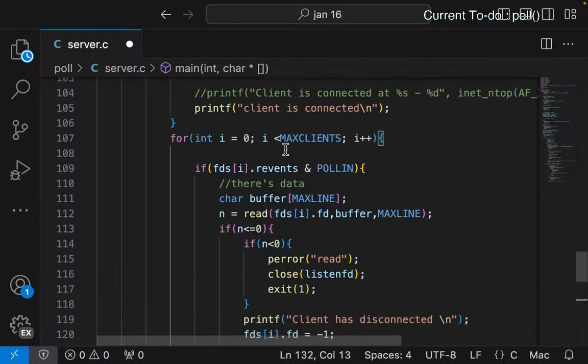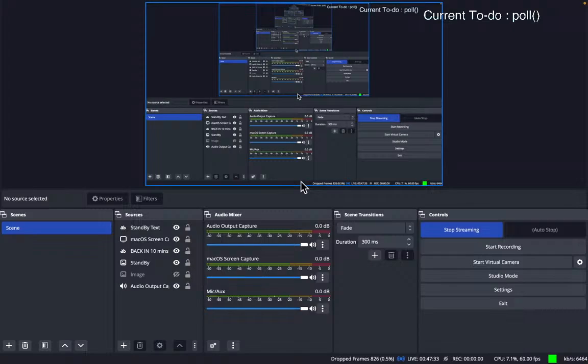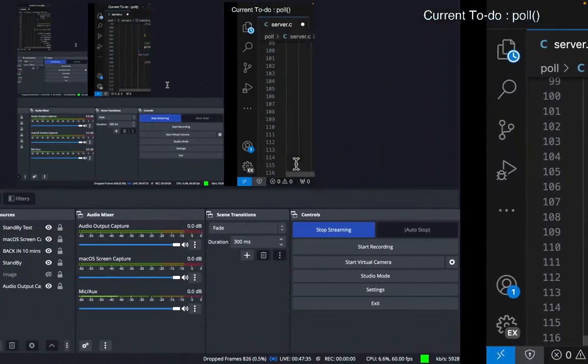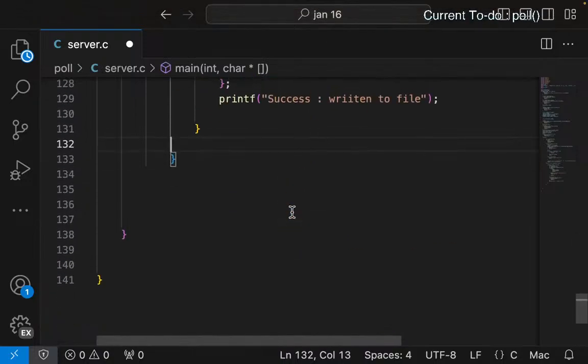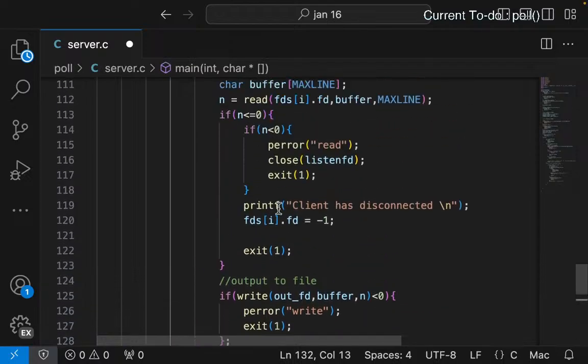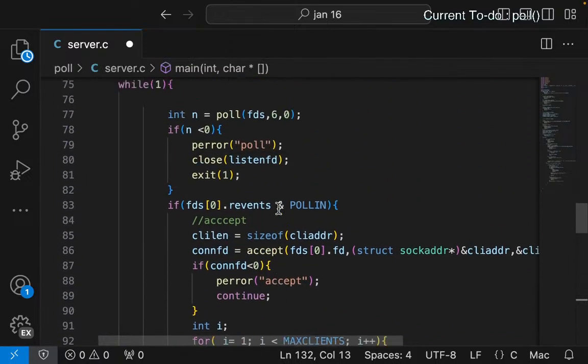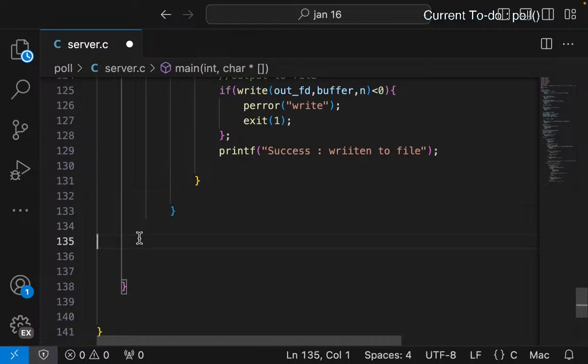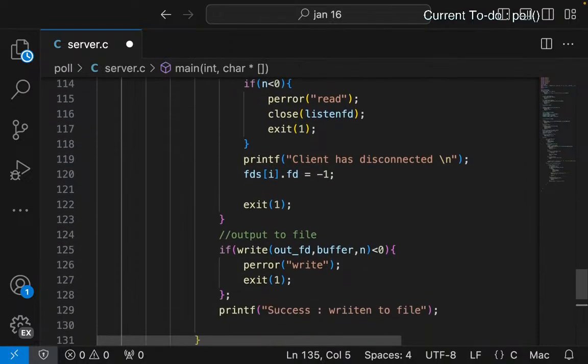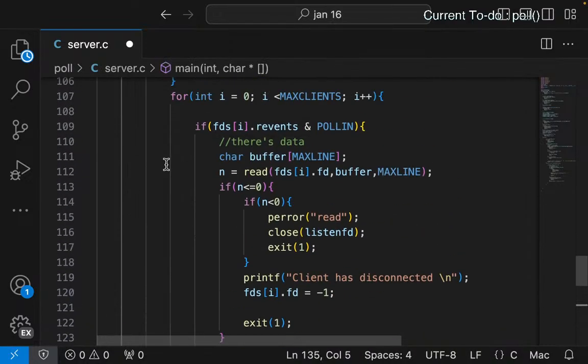Can you just exit after that? Once the for loop exits, which it will,